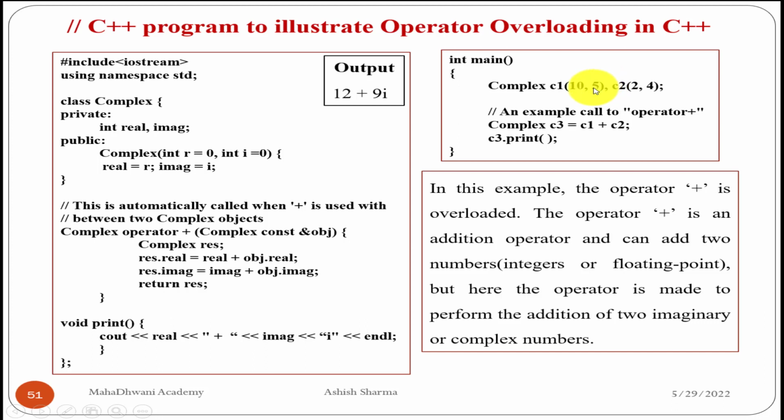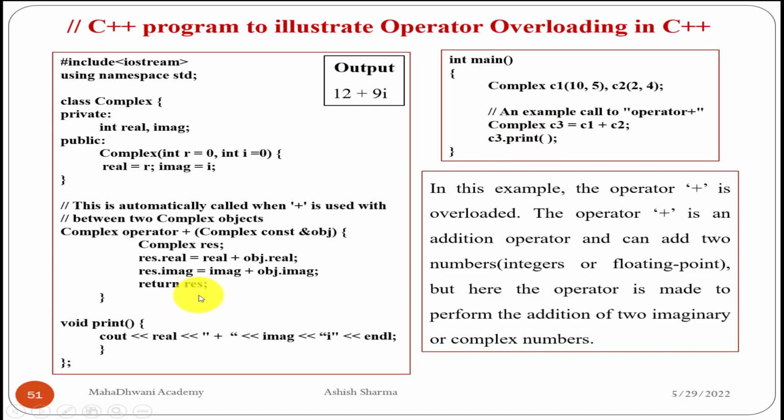And then the second is for imaginary part, 5 for obj.imag and 4 for imag, and both should be added, and the result will be saved, 4 plus 5 is 9. Then the return value, it will return the value to the private members of the class, real and imaginary. So real value becomes 12 and imaginary value becomes 9. After that,